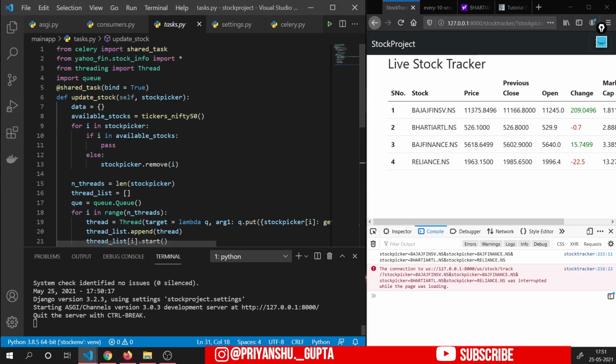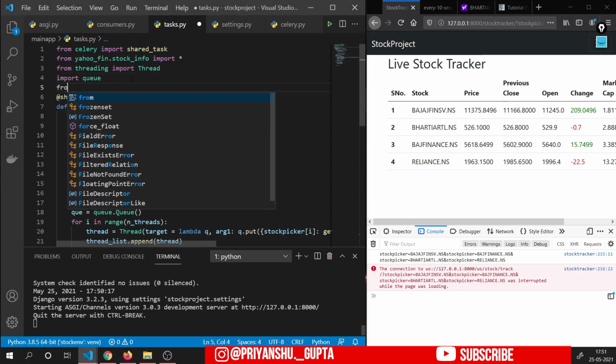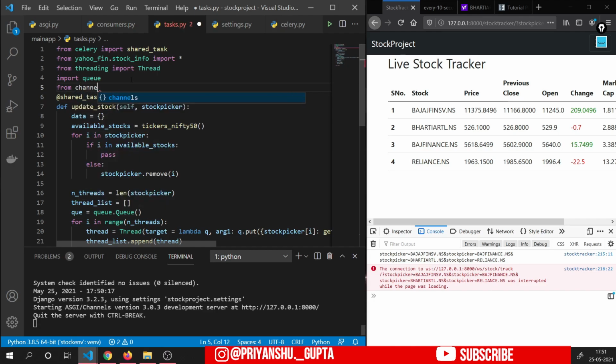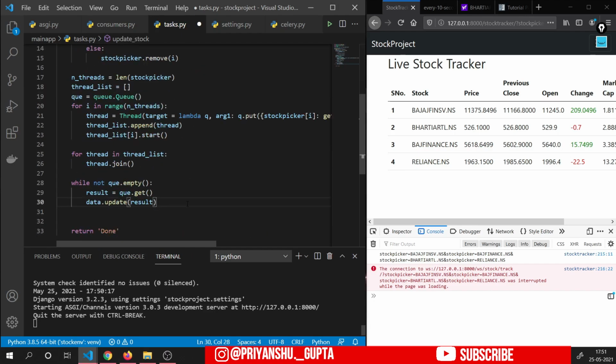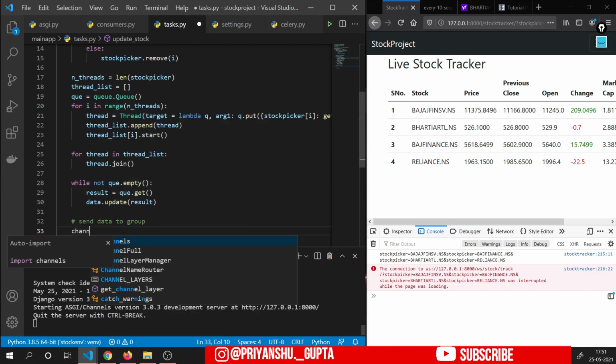So for that we will have to import from channels dot layers import get channel layer, and after getting all the data here, we will have to send data to group. For that we will have to retrieve the channel layer.